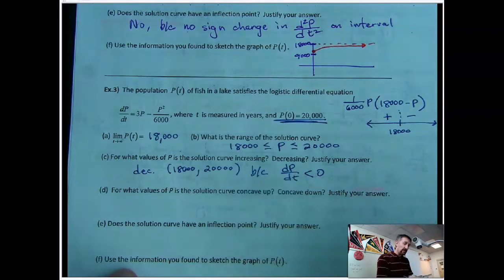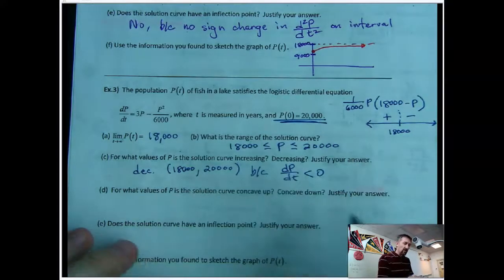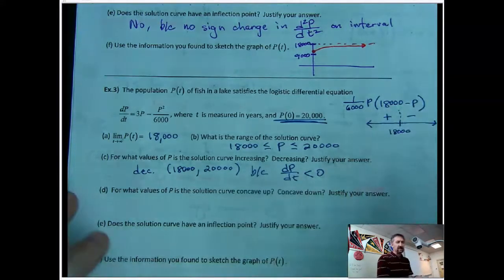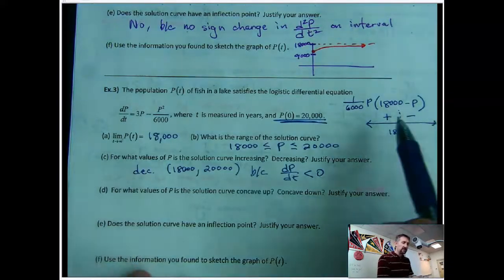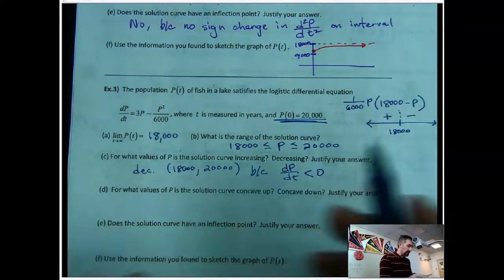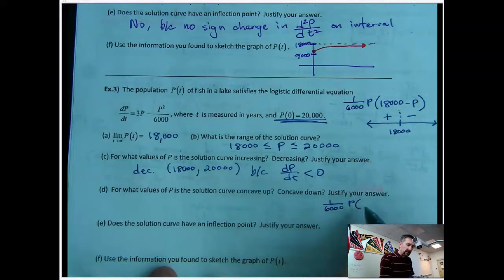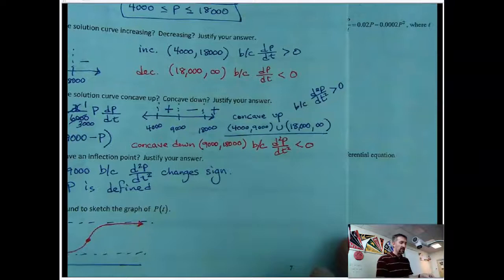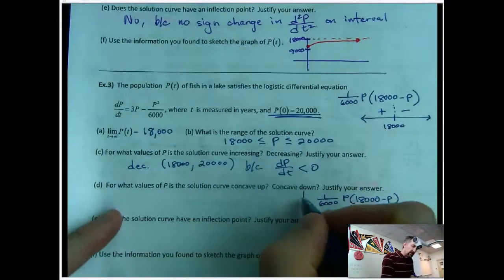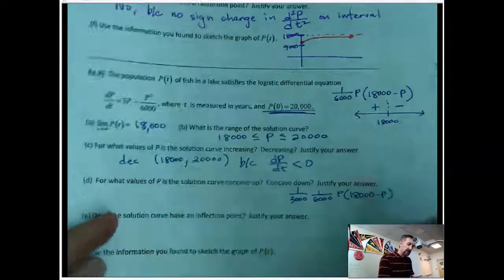So if you look at the second derivative, we had those choices. It was a little bit longer equation. It was that, and then it was times 9,000 minus P. So, I guess we could show that. So that's going to be 1 over 6,000 times P times 18,000 minus P. I'm going to check just to make sure. So that was 9,000. Another 1 over 3,000, which is not going to affect much. And then 9,000 minus P.